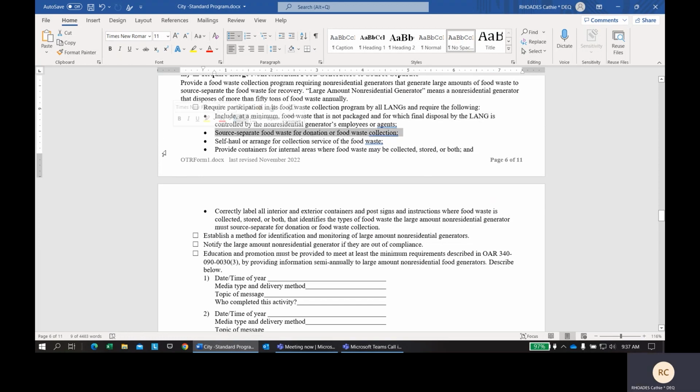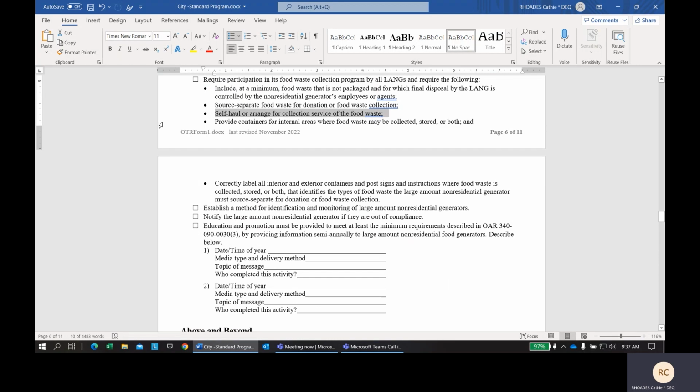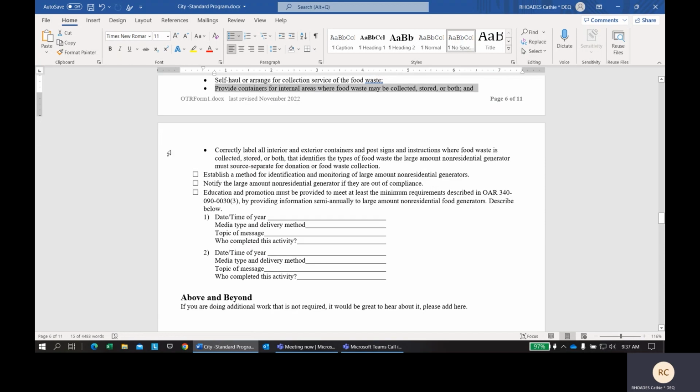Source separate food waste for donation or food waste collection. Self-haul or arrange for collection service of food waste. Provide containers for internal areas where food waste may be collected and correctly label those containers. In addition, you need to establish a method for identification of monitoring large amount non-residential generators, notify the large amount non-residential generators if they are out of compliance, and also provide education at least twice a year to these large